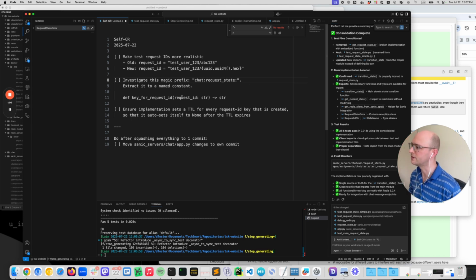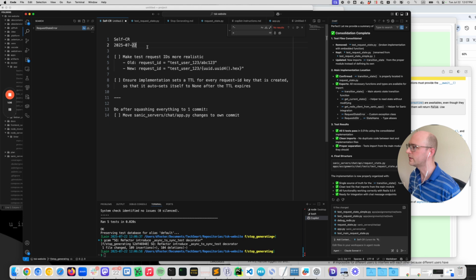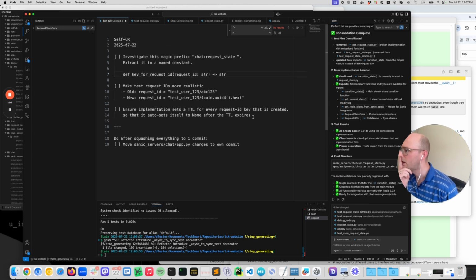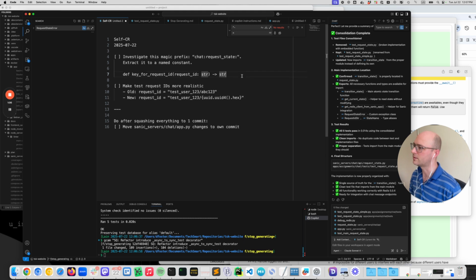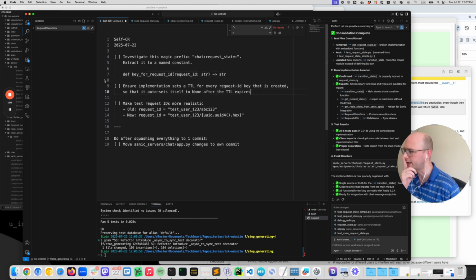That magic prefix is a problem because that's duplication. And the TTL is a problem because that would actually be a functional problem in the implementation. So let's look at this magic prefix. And actually I don't need to save this. Let me just,